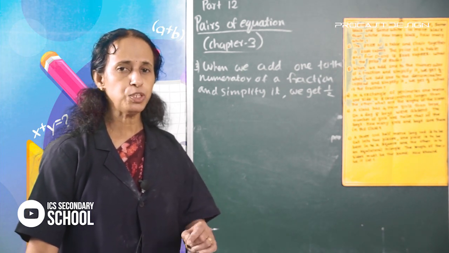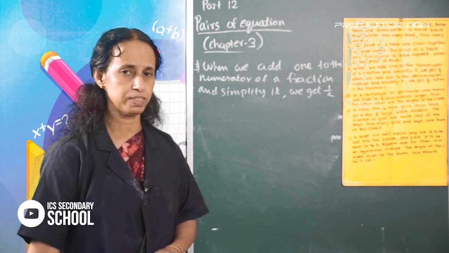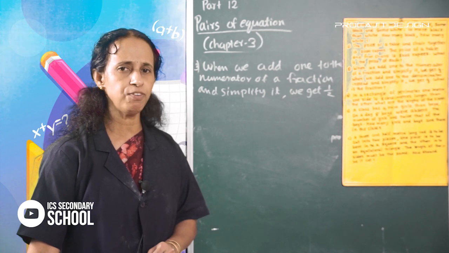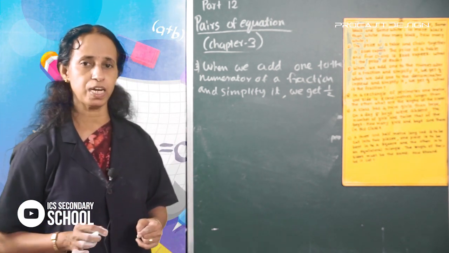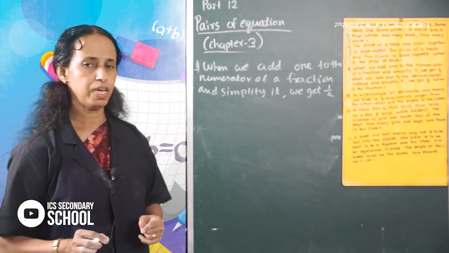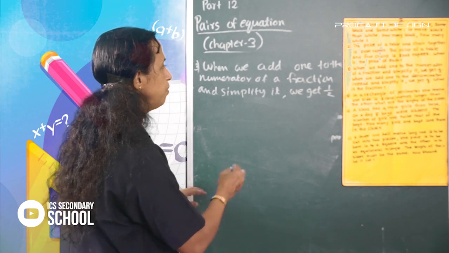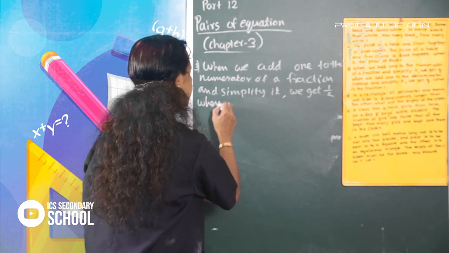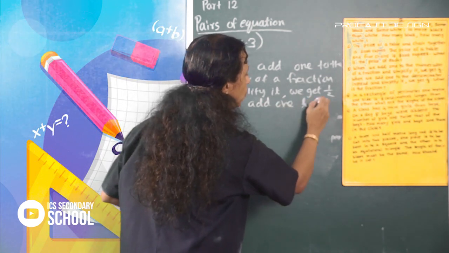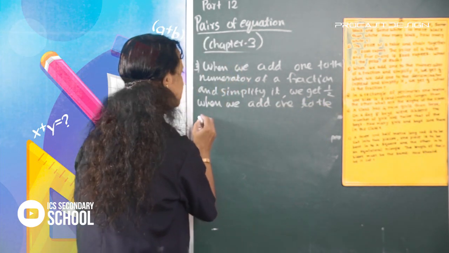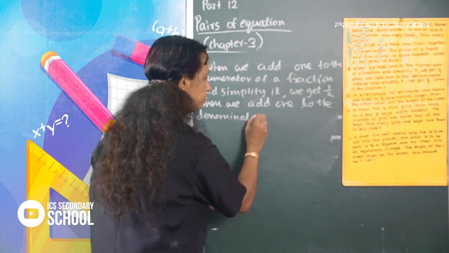Add 1 to the numerator of the fraction. Here the numerator is x and the denominator is y. Adding 1 to the numerator gives x plus 1 by y. Okay. Next, when we add 1 to the denominator of a fraction,